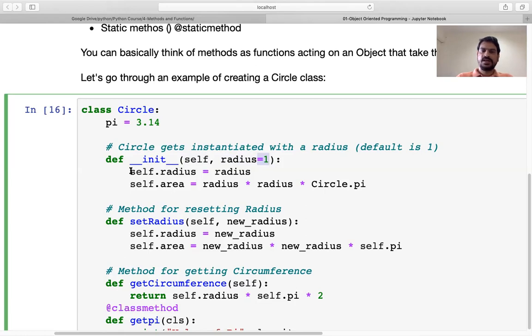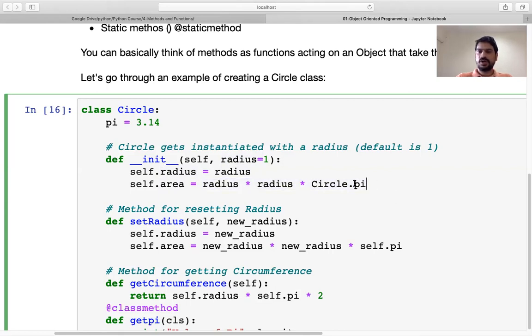Then we have two attributes of any object. One attribute is called radius, another attribute is called area. We'll get the radius from the variable called radius here, and we'll find the value of area by this equation: radius into radius into Circle.pi.